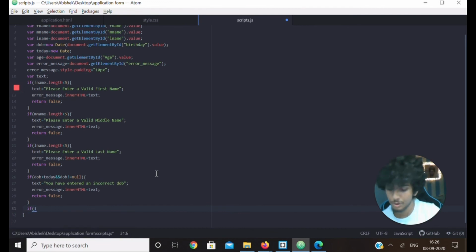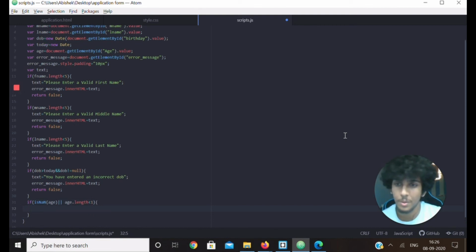So then we have to validate our age. So we have to check if the age is a number. So we are using the isNaN function. This checks if it is a legal number or an illegal number. So isNaN of age or age dot length is less than 1. You cannot be 0 years or less than 1 year. So if age dot length is less than 1,